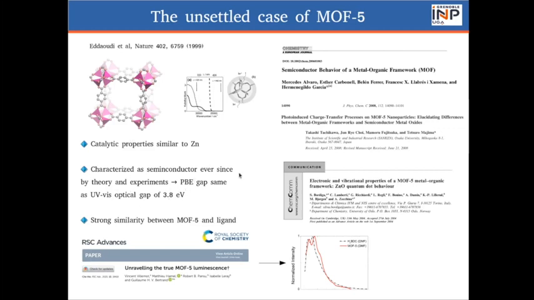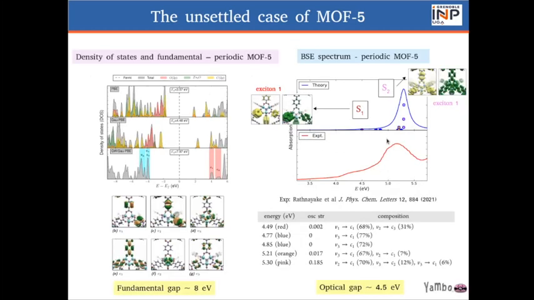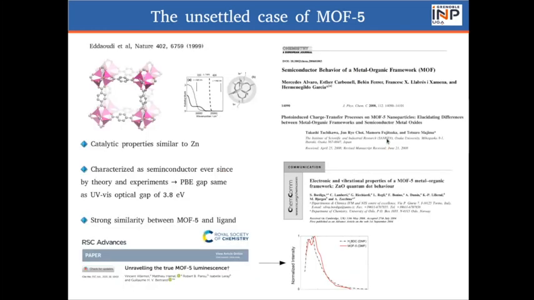It's very strange, because the BSE gap is not the optical gap. In fact, it's not even the fundamental gap. And one recent study showed that there is a huge similarity in the luminescence of the MOF and the ligand that composes it. So I think it's rather difficult to understand the situation because, if it's catalytic, you assume that the states that are exposed are the zinc states and not the ligand ones. So we wanted to settle this case, and we computed the GW and the BSE to find the optical gap